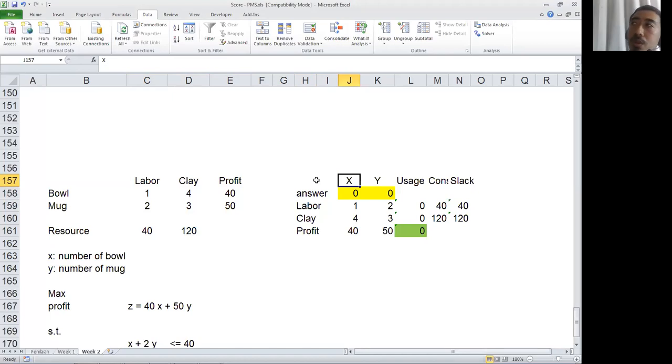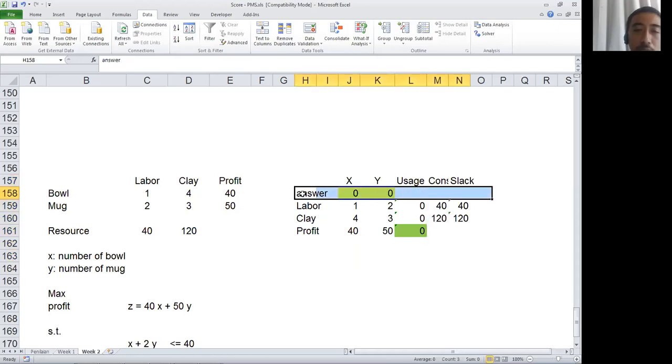What you need to know is that the template of this computer solution is that you put the variable in the row. If you have 5 variables to find out, then you need to have 4 rows for each variable. Let's say x1, x2, x3, x4, and so on. And you put the answer here.